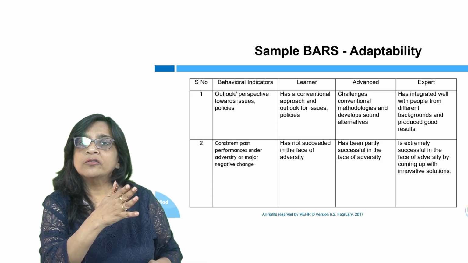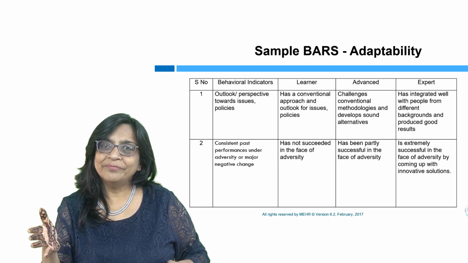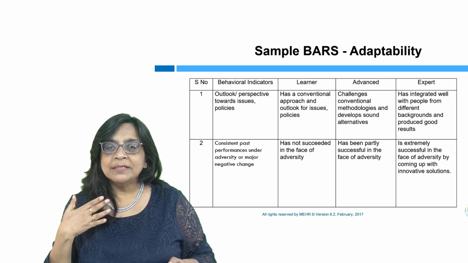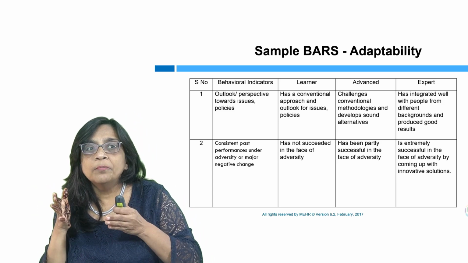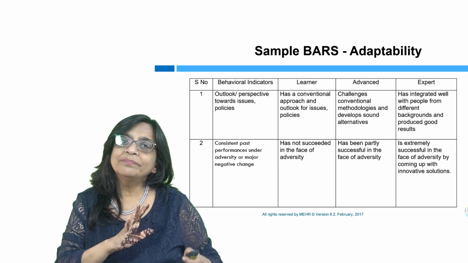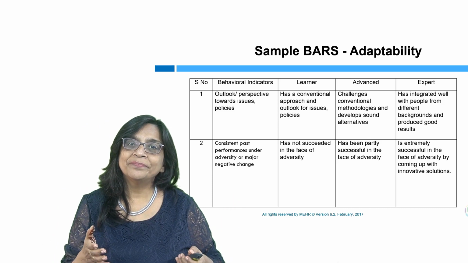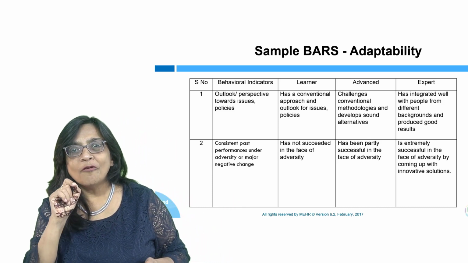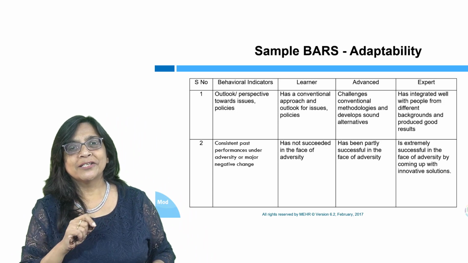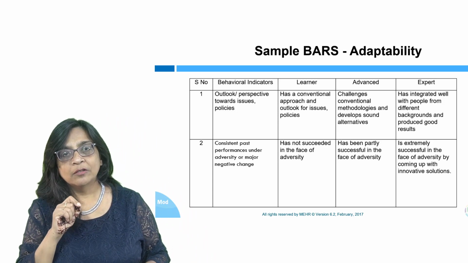Now, if you look at it, it's a scale of 3. And anybody whom we're assessing for adaptability will fall in this. So if there are 10 people, I can put people in there. I can rank them accordingly, right? And this way of assessing people has been considered to be one of the best in the world.